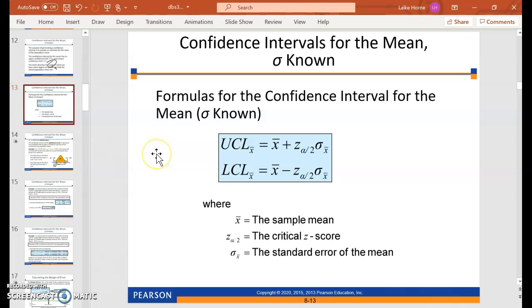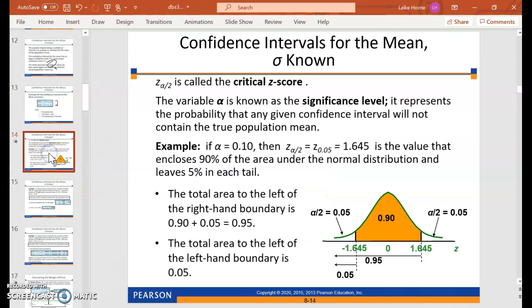Okay, so here are our formulas to get the upper and the lower. You're going to take the sample mean, you're going to add for the upper and subtract for the lower the z value associated with alpha divided by 2, and we'll talk about that, times the standard error of the mean. So here is an example where